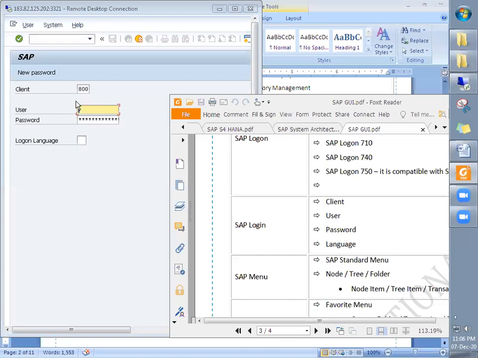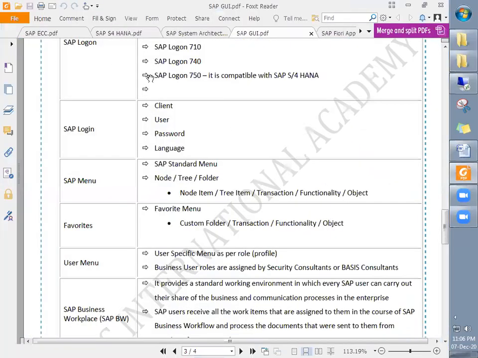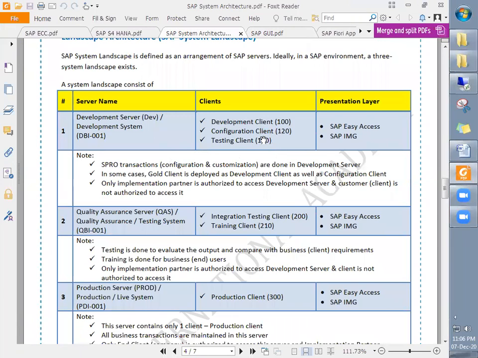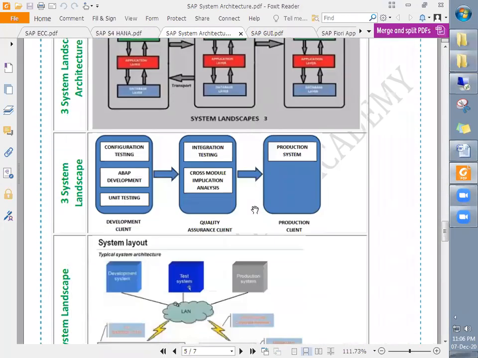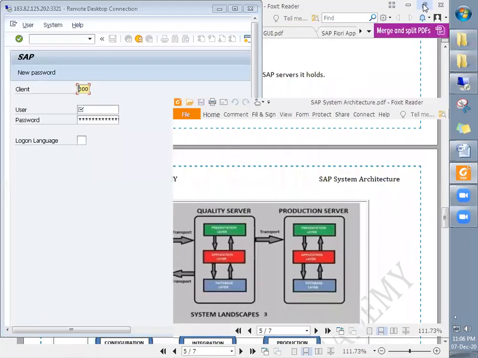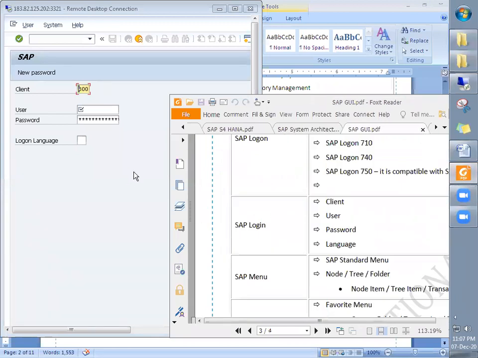As we just discussed about the system landscape, every client will have its own number, right? Development 100, configuration 120. Similarly, the training clients are given a series of 800. So 800 is for the training client.